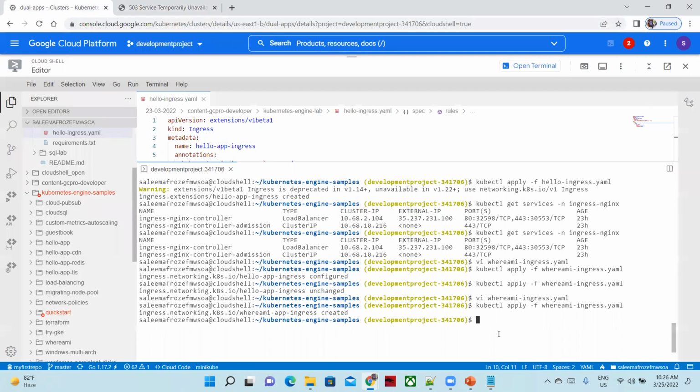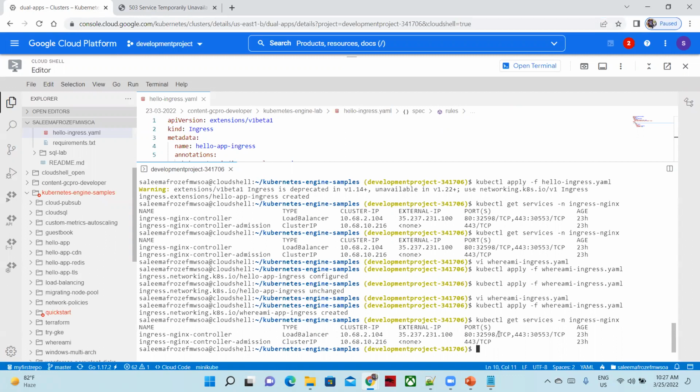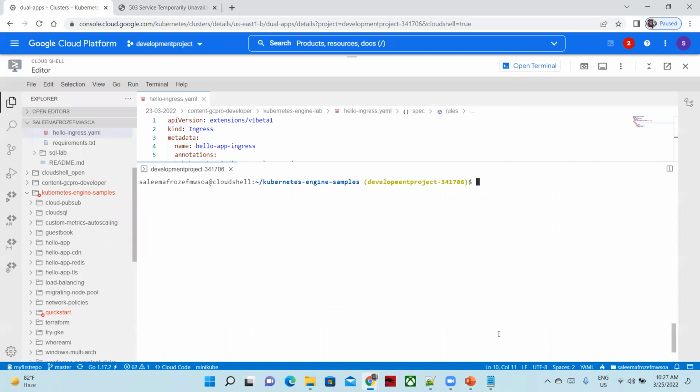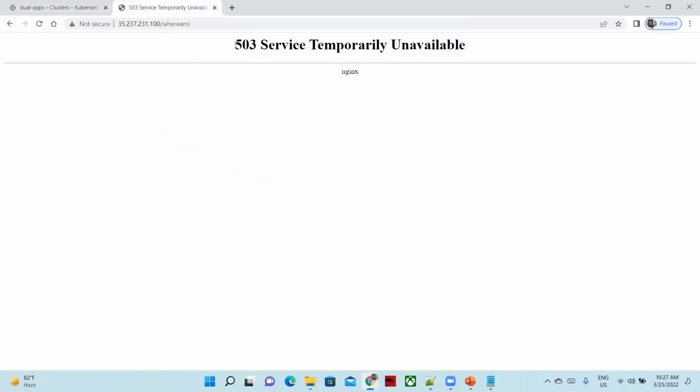But if you see the Nginx status of my services, let me clear my screen here. We have successfully created two applications in the same Nginx controller and it is configured as well. If you see, it is showing 503 now, at least. 503 just means the service is temporarily not available, but we are not getting 404. The backend objects provisioning will take some time, sometimes 5 minutes, sometimes 10 minutes,